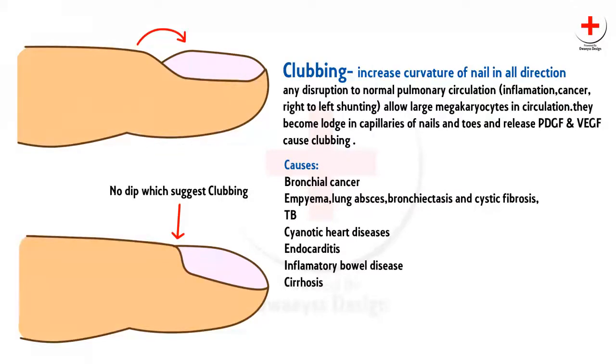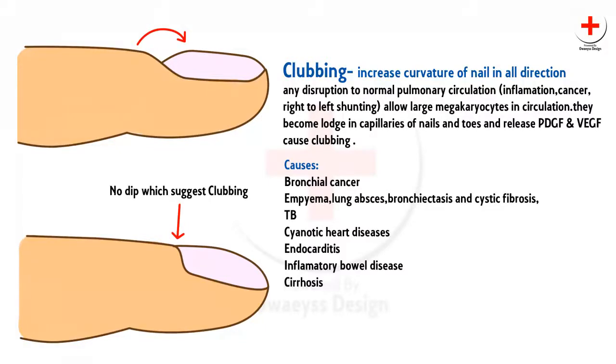Clubbing is a significant part of nail examination. It is defined as increased curvature of nails in all directions. Any disruption to normal pulmonary circulation, which may occur in inflammation, cancer, or in right to left shunting, allows large megakaryocytes in circulation. They become lodged in capillaries of nails and toes and release platelet-derived growth factor and vascular endothelial growth factor, which cause clubbing. Its causes are bronchial cancer, emphysema, lung abscess, bronchiectasis and cystic fibrosis, TB, cyanotic heart diseases, endocarditis, inflammatory bowel disease,